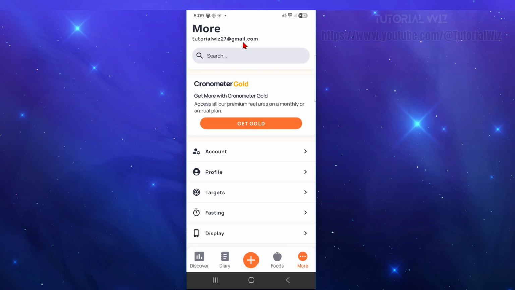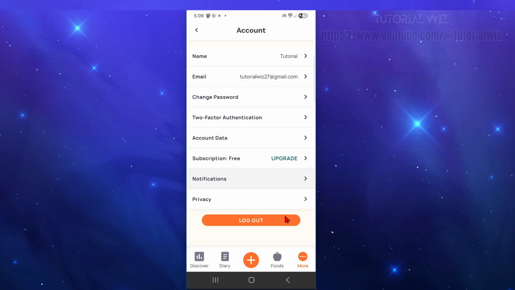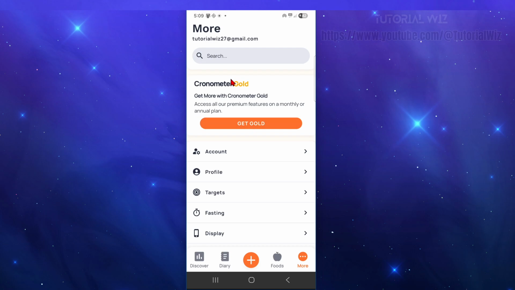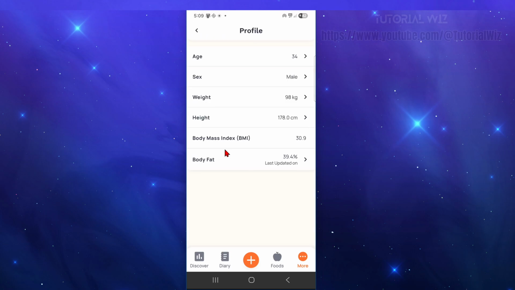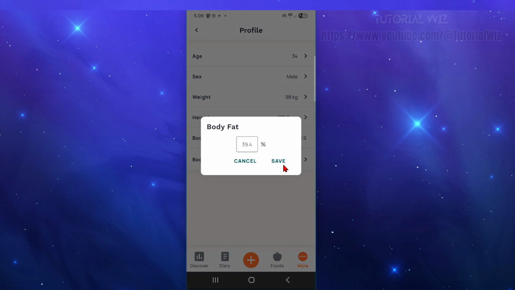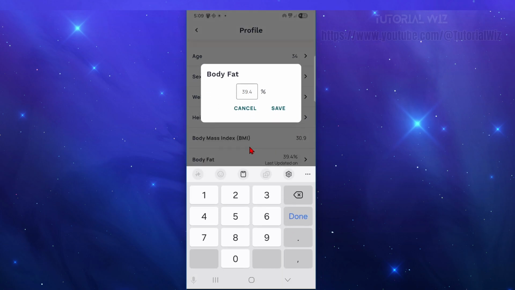If we click on more, this is going to take us into your profile section, where you can play around with your account name. This is where you can upgrade your subscription if you want, change your password, add in a two-factor authenticator and all that stuff. You can even log out here. Scrolling down on here, we can click on a profile. You've got your age, sex, weight, height, body mass, body fat. You can go in and click onto that if you want. I'm definitely not that. I'm about